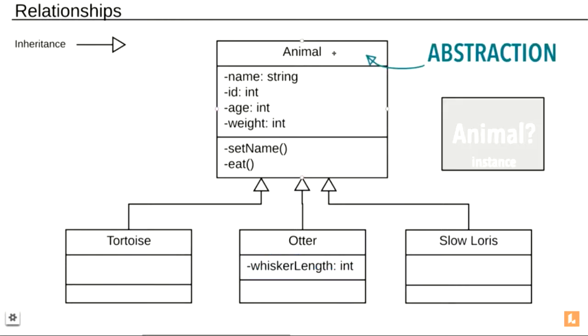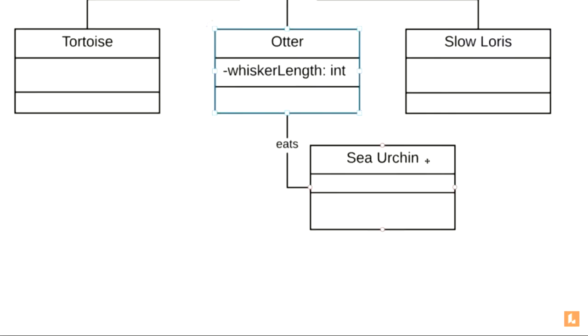Now the second abstraction we will discuss. The second is the association. Like in the use case diagram, we had association, right? Between an actor and a use case, we had association. In the same way, in class diagram also, we have association that is represented using one single line. This is one single line, like in use case diagram. Okay, this means that suppose this is lion class, and this is another creature, sea urchin.